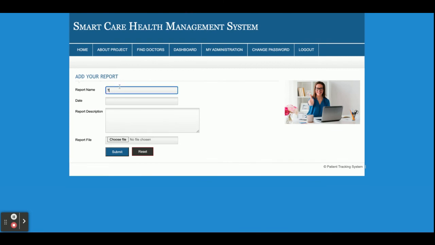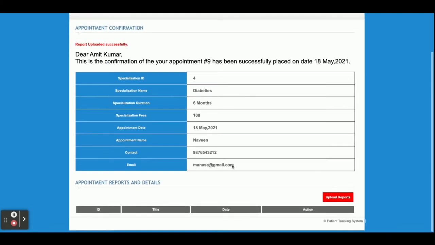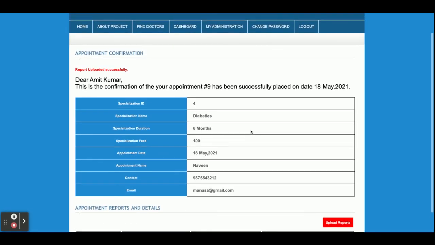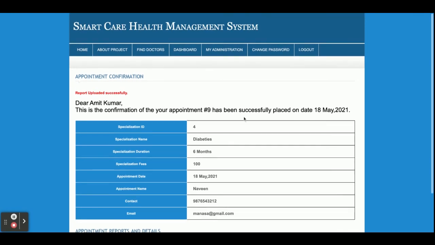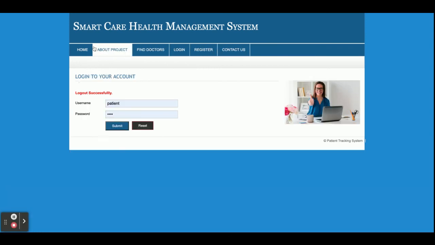and you can upload the report also. Suppose this CBC report, right? Date. So I have done the CBC, all of my CBC report. You can choose the report file here and you can upload. Once you click on Upload, that report will be uploaded and it will be displayed, right? So this is the full flow of the system. Once you click on logout, then the administrative menu above will not be displayed, right?